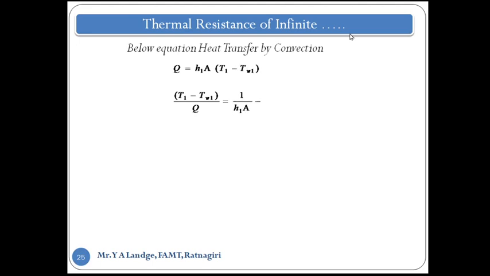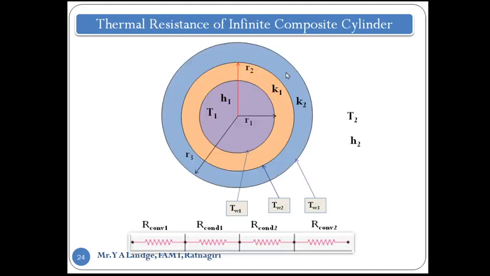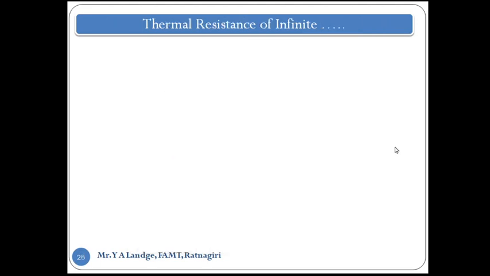So the first equation is Q equals h1 A (T1 minus Tw1). We give this equation number 1. This particular equation describes the mode of heat transfer by convection, that's why I am taking this h1. In the first part, the heat transfer by convection, we consider the temperature of the fluid and the temperature of the surface. Fine.